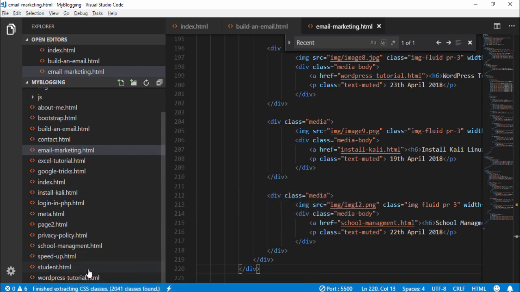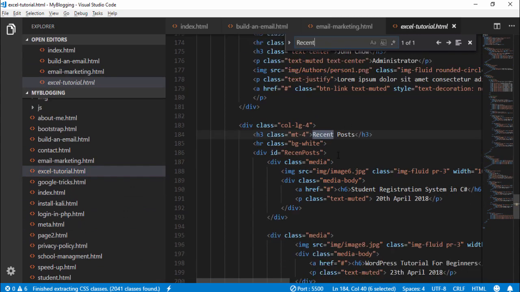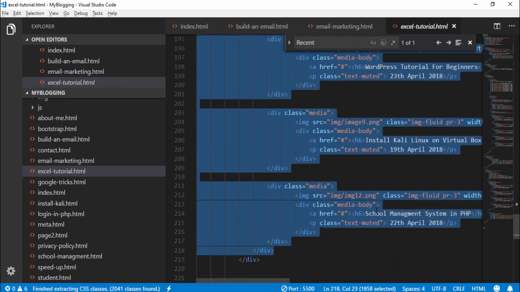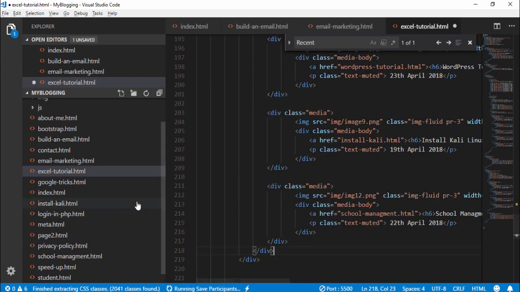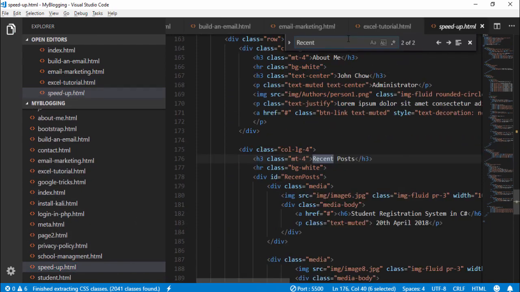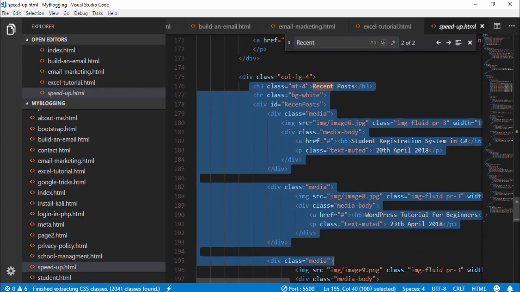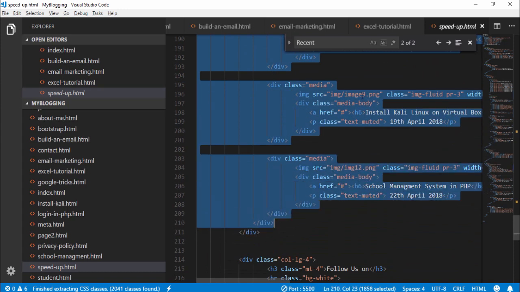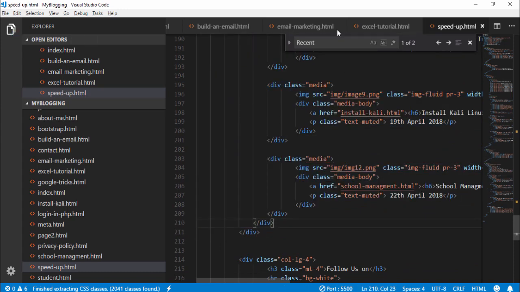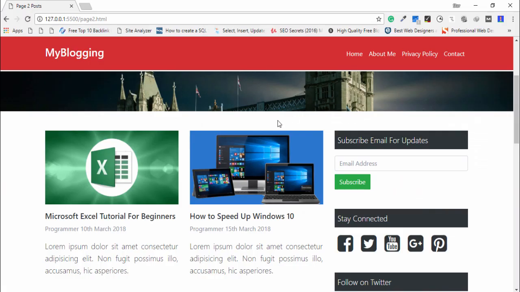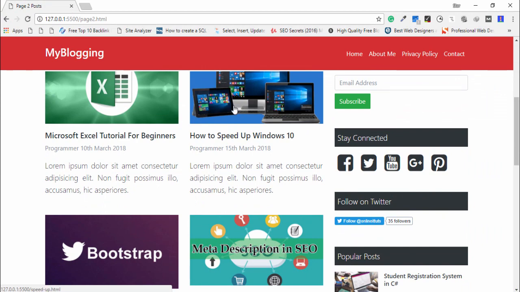Where is the Excel tutorial, recent post, select the codes, paste it and find speed up second post, find recent post and select the codes and paste it, save it, and I remove the basically more than tabs. Okay, I click on speed up